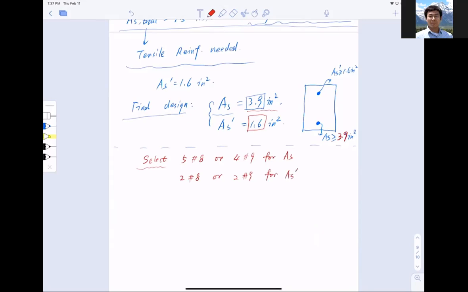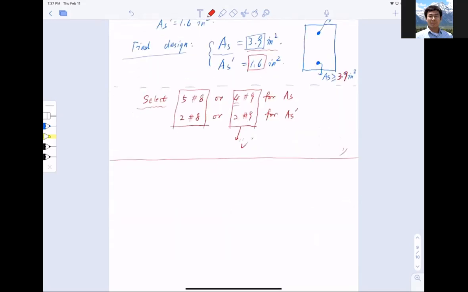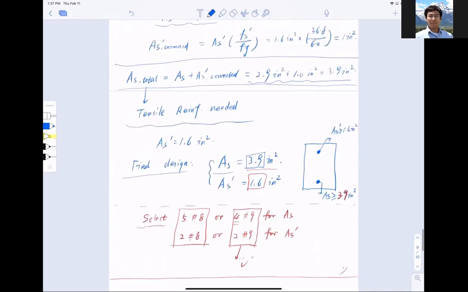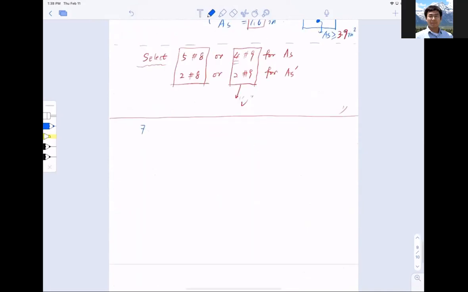Now we said assume number 8 bars, so you can go with this or you can go with this. After weighing the number of bars, with one less bar to consider, I will go with this design. All right, so that is the designing process. Now, once I select the bars, I will go back. So this is probably step number 6, this is number 7. Check